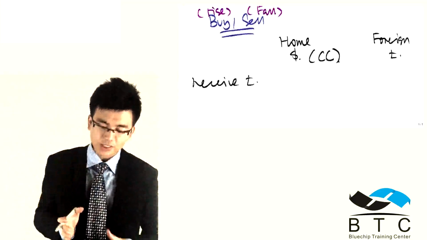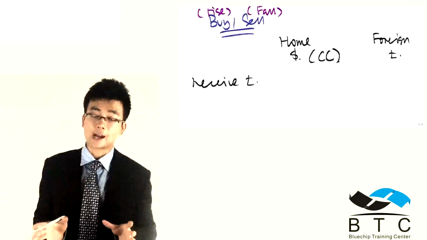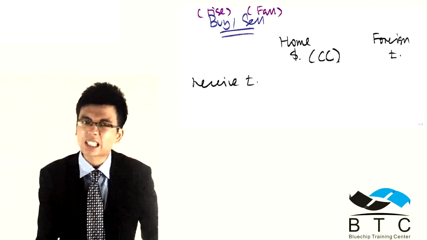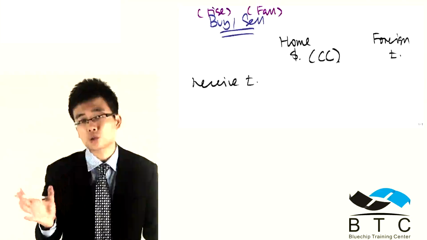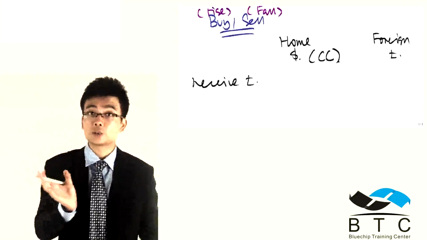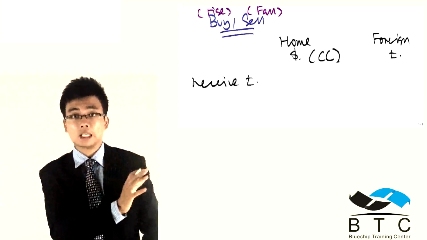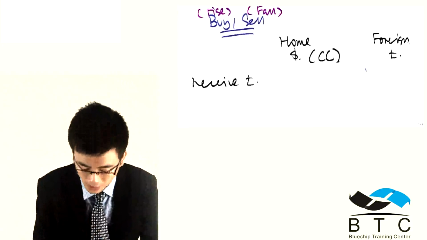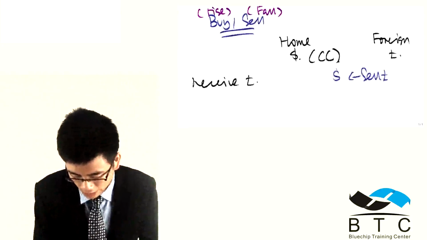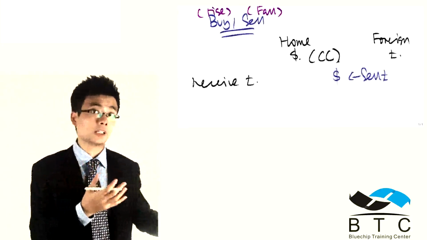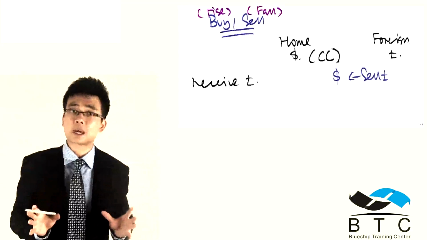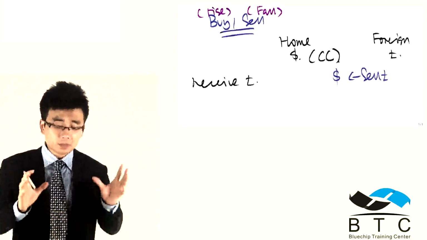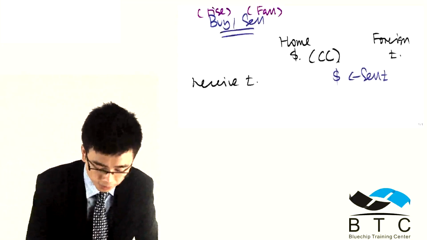Well, am I going to say to you, well, if you're going to receive the UK pounds, fantastic. So what you're going to do is that because you're living in the USA, there's no point that you're holding too much UK pounds on hand to pay for the McDonald's, to pay for the hamburger in the USA, because they do not accept the UK pounds in the USA. So from that perspective, you need to sell that UK pounds to get those dollars on hand in order to purchase those hamburgers. So from that perspective, how are you going to create a hedge using the currency futures contract? Well, we are going to